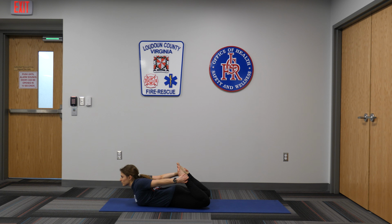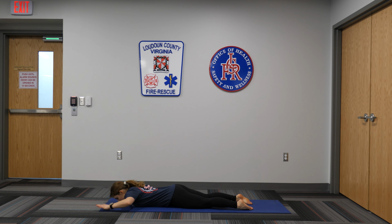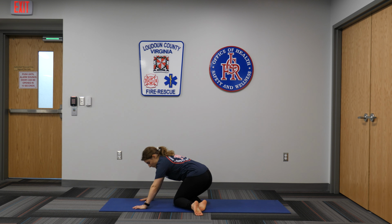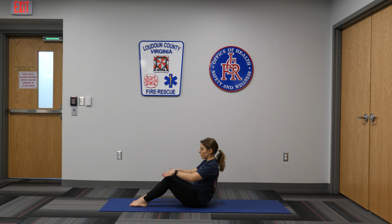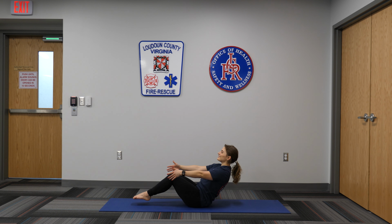As we exhale with control, we'll lower down and let those feet drop. Pressing underneath our palms, we're going to inhale up to all fours and sweep our feet around. Finding a nice V position here with our core and our legs, knees together. We're going to move into a boat pose. So hands will come to the side of our knees here. And as we inhale, lift up,